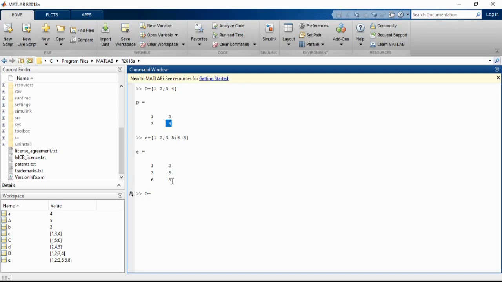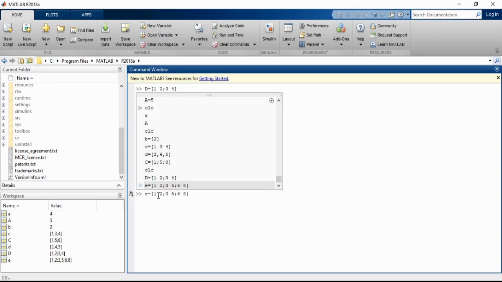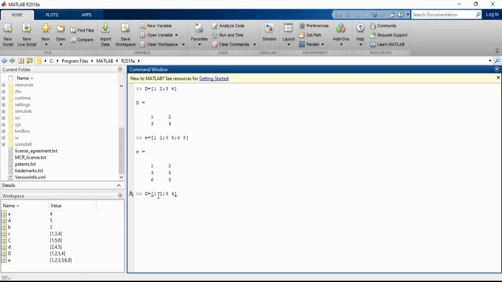So what I will do is click the up arrow, go to the d, and simply change the last element in the d. So like this you can modify the data you entered before.